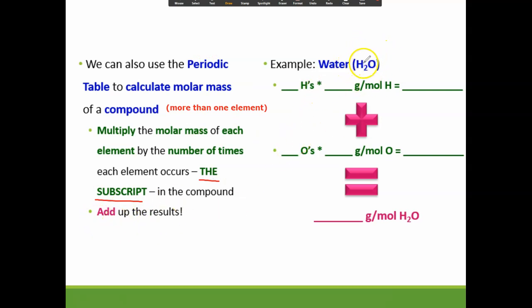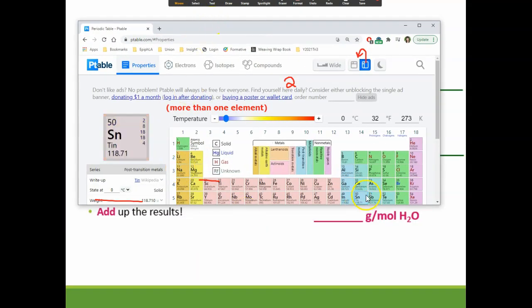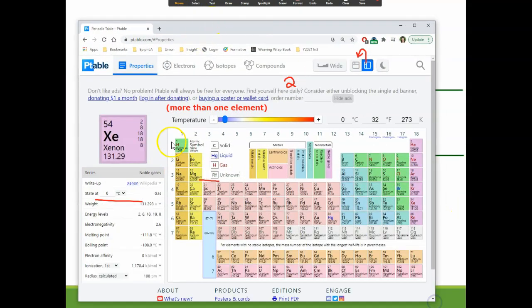An example here, H2O. We need to count up the number of hydrogens, which is the number after the hydrogen. There's a number 2 after the hydrogen, so there are 2 hydrogens. We're going to multiply it by its molar mass that we see on the periodic table in the lower part of the square. Here is hydrogen, and the lower number right here is